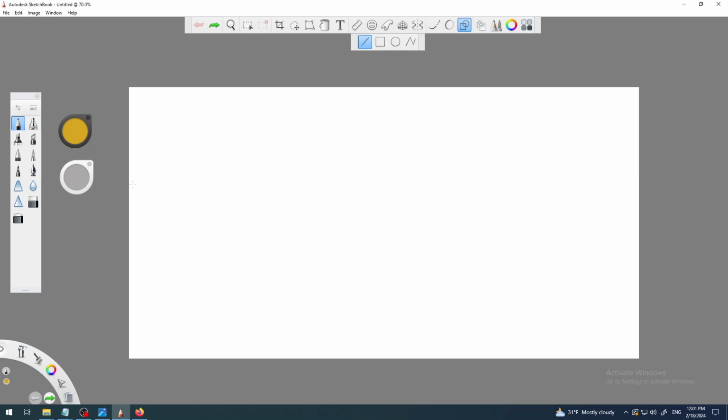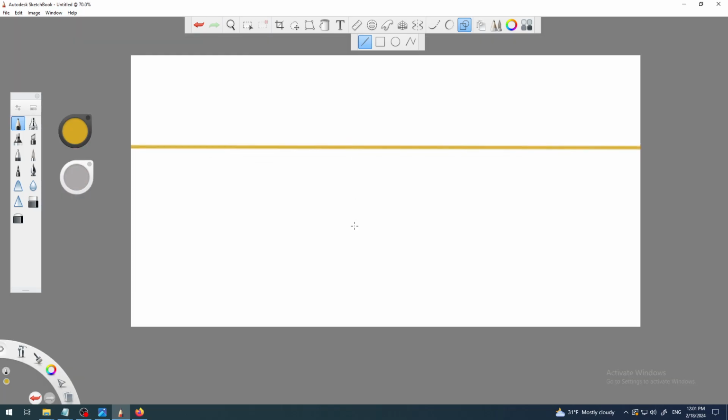Like for example, I'm trying to make my horizon line. I just click on the left, drag, click on the right, and release, and that's it. Really straight, simple line, absolutely straight. So that's what you want. So for example, if I want to make some kind of road in perspective, or some kind of, I don't know, building,